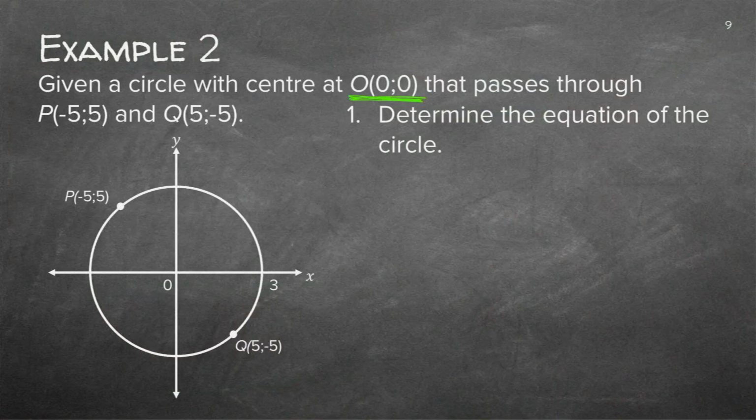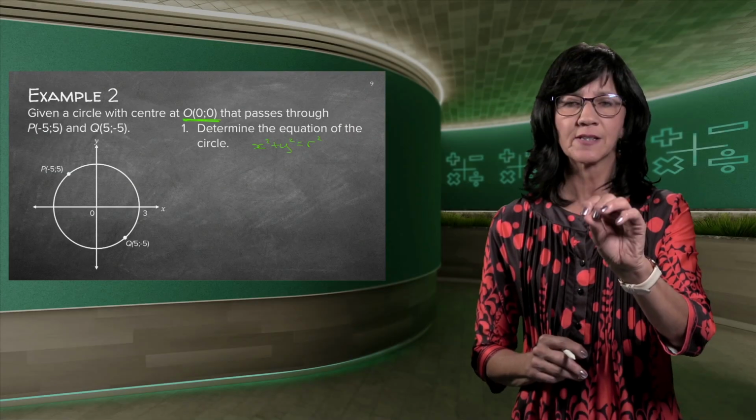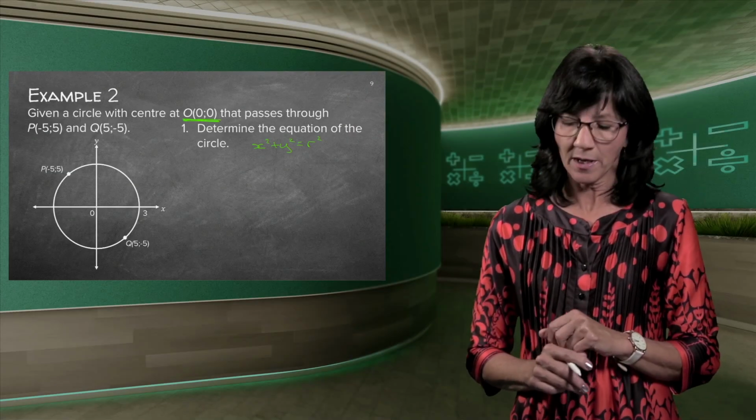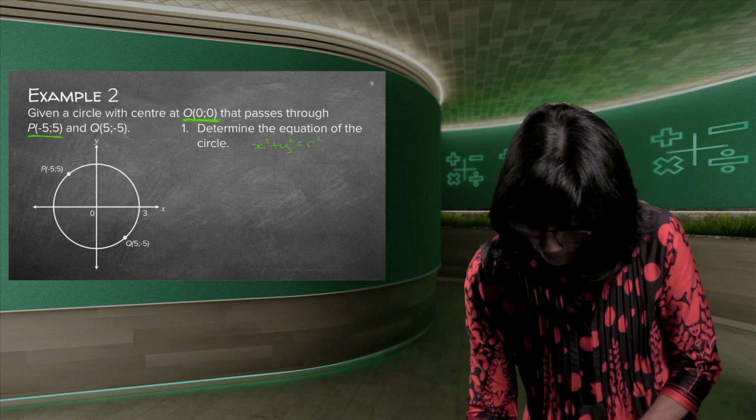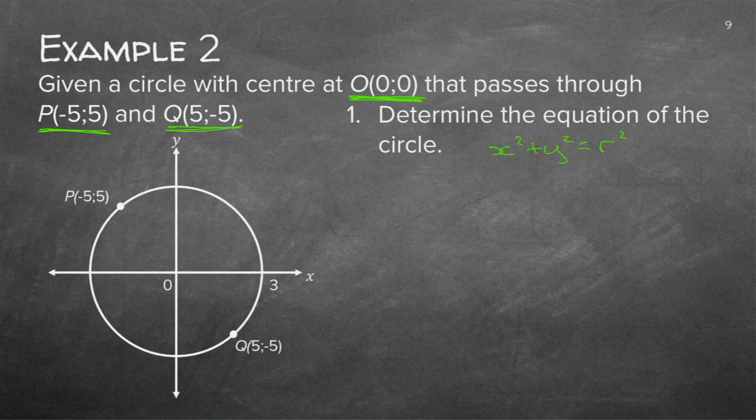Circle at origin. So I know I'm still busy with the circle that has got its center on the origin. So before I even go further, I can write down x squared plus y squared is equal to r squared. Because the minute I hear circle at the origin, the center, I know I'm going to use this formula. It goes through that point and that point. So they give me 2 points. Now, how many unknowns do you see there? 1. Determine the equation. I didn't even read the question because it's so obvious. Find the equation of the circle.